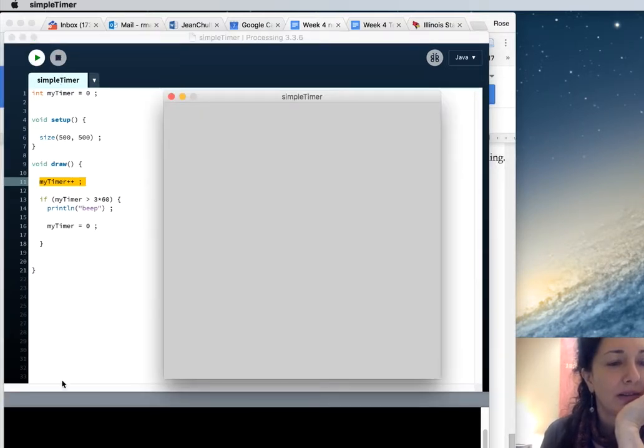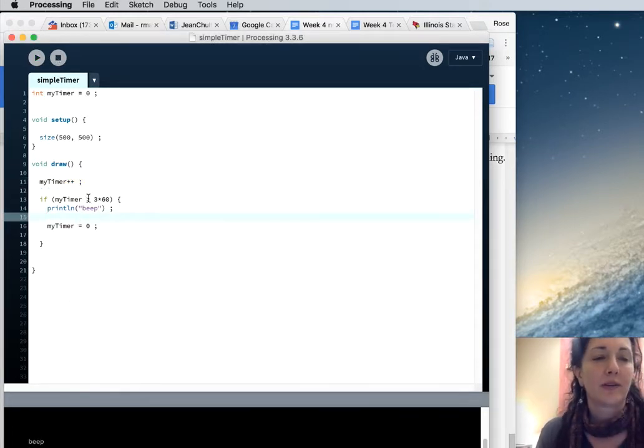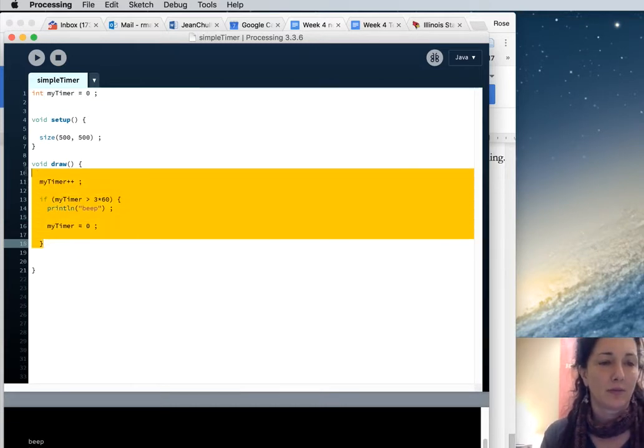So every 3 seconds you should see beep. Beep. Beep. Or every 3 seconds or something like that. So yay. So we're going to see this code, this timer code, inside of our